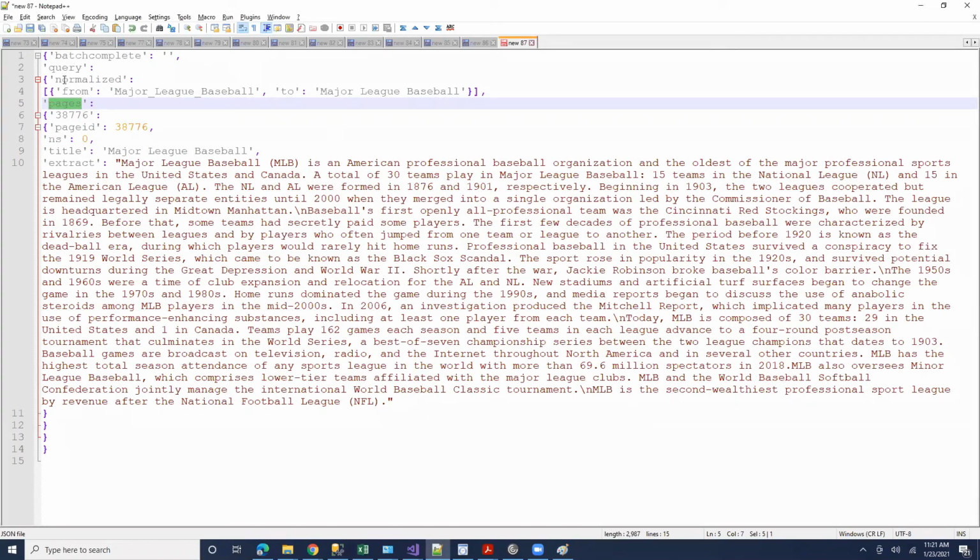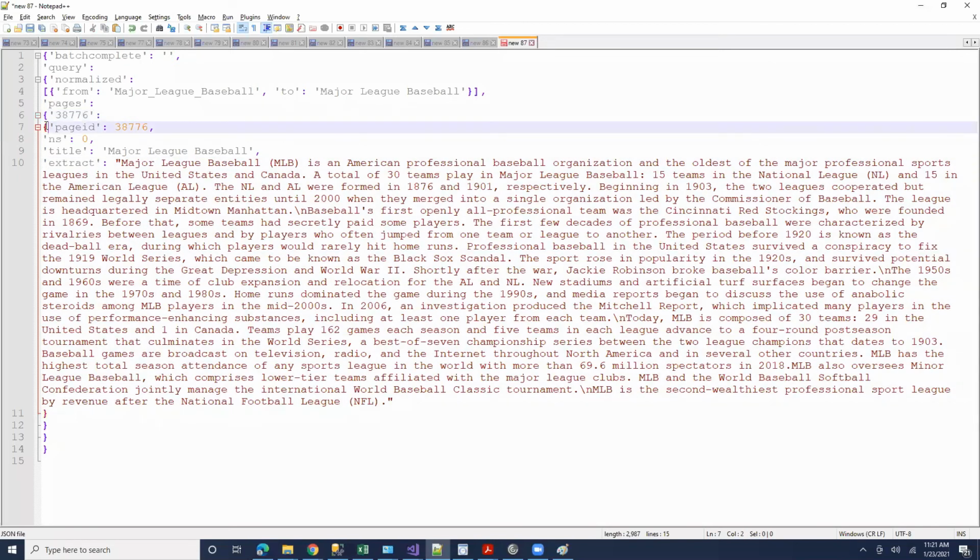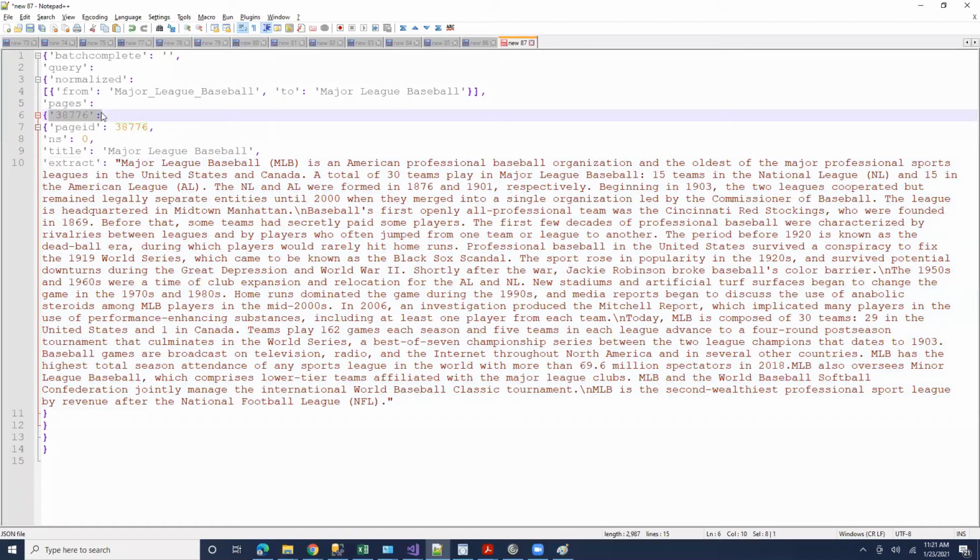So in my response, I'm looking for an element called pages, which is a dictionary. In that dictionary, there is a key, and I don't know what this key is. It's whatever the first key in that dictionary is, so I would probably have to read the first key somehow. And within the value of that first key, I'm looking for a value called extract. That's what I'm supposed to do, because this key itself is unknown to me. I wouldn't know what this key is.